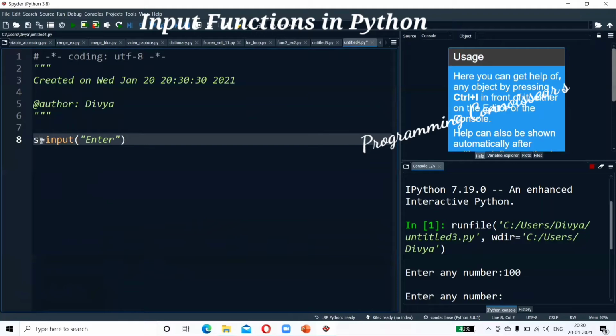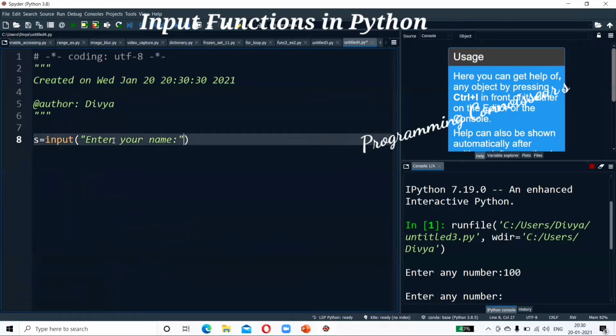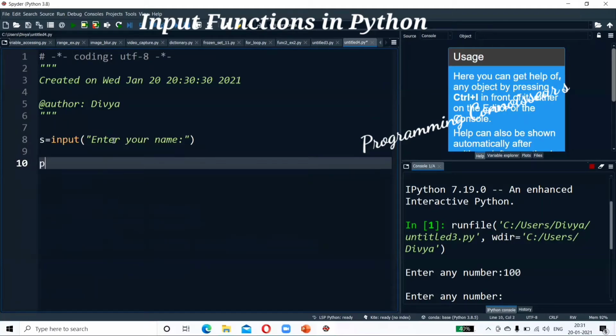So now what I'm saying, enter your name. We'll say string. Yes. Enter your name. So that is also possible. So now what we'll say, print